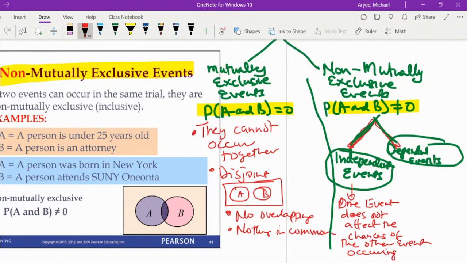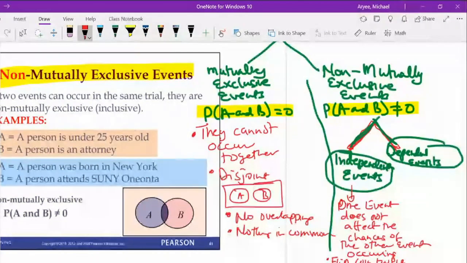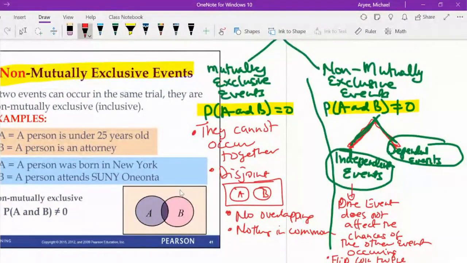You could think about if you have a coin, you flip a coin twice. The result of one does not have anything to do with the result of the other, right? So flipping a coin is an example of an independent event. The result of one does not affect the result of the other. So in an independent event, you are asking yourself, does one result affect the probability or the chances of